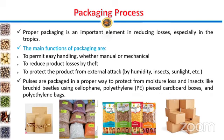Yes. Next comes packaging and processing. Proper packaging is an important element in reducing loss, especially in the tropics. The main functions of packaging are to permit easy handling, whether manual or mechanical, to reduce product losses by theft, because that is also one case in packaging, and to protect the product from external attacks by humidity, insects, sunlight, and temperature. It is very major in every post harvest system,